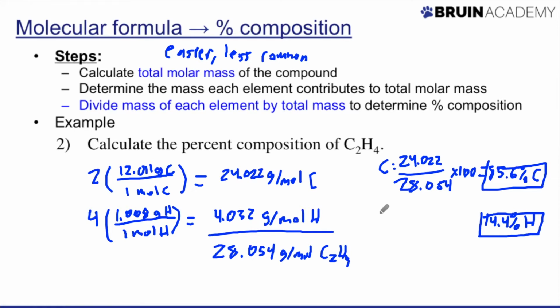We can take, for hydrogen, the mass that hydrogen contributes to the total, which is 4.032 grams, and divide that by the total, which is 28.054, multiplied by 100, and we get 14.4%. So now let's do the same thing, but backwards. This time we'll be given the percent composition and be asked for the